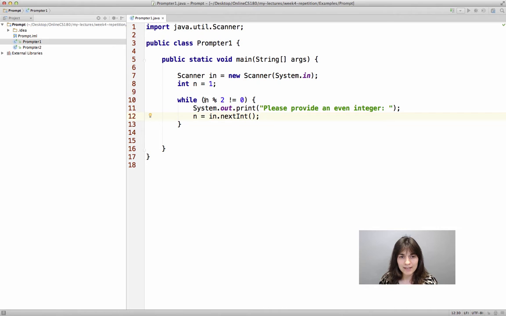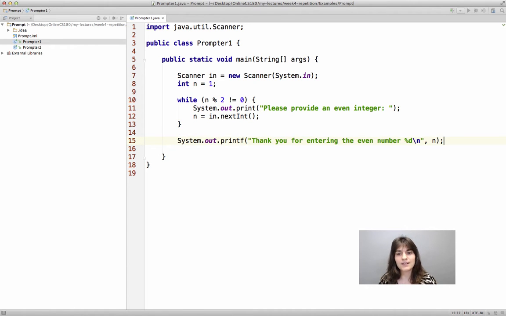So it will check again the value of n, and if the new integer that the user gave to us is even, then it will exit the loop. The condition will no longer be satisfied, we can print our happy statement. So this code will actually be fine, it will work.